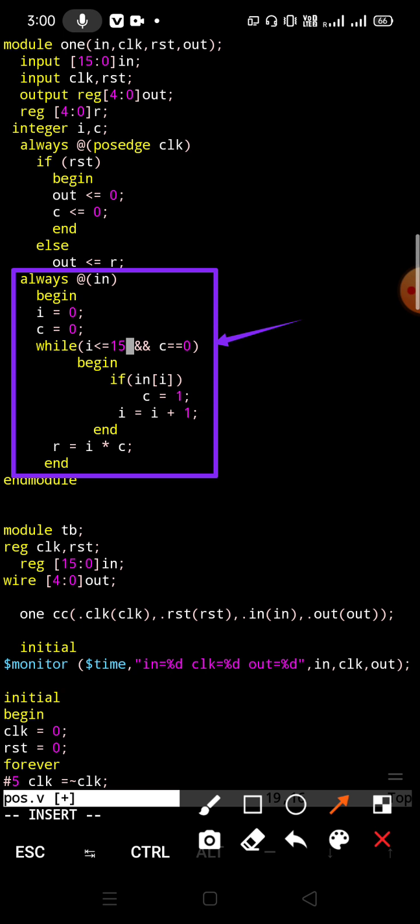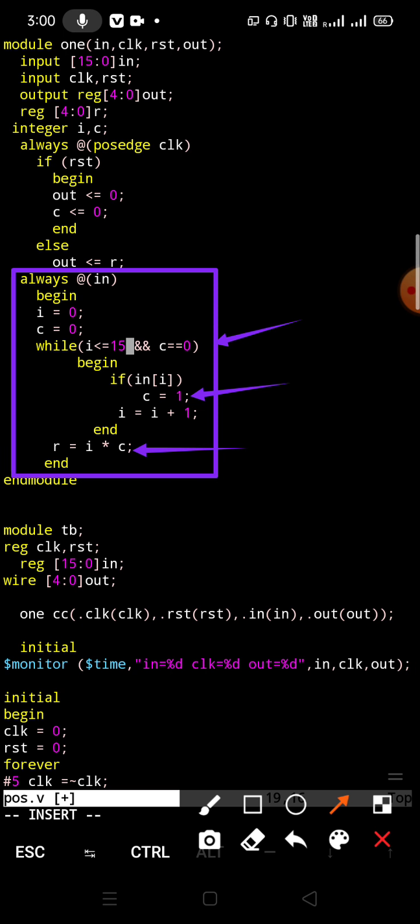If in of I, that means the input, becomes 1, in that case we will make our counter 1, and after checking each bit we will increase the I value. Okay, and finally we will get R as I multiplied by C.